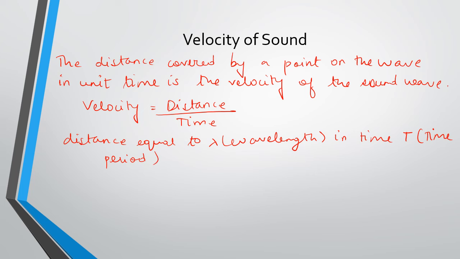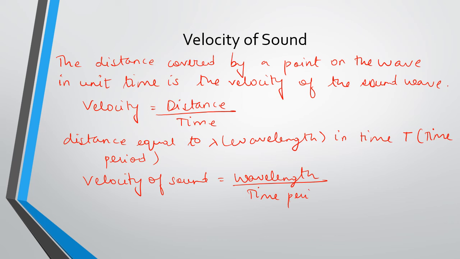Okay, so this can be written as velocity of sound is equal to wavelength upon time period, that is v is equal to lambda upon T, but 1 upon T is equal to nu, which means that